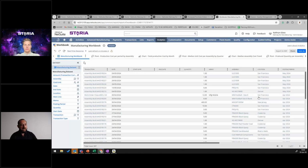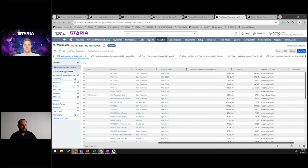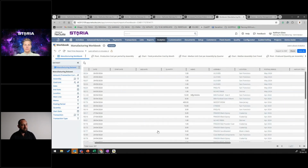This is basically the data set. So I'm looking at my different production transactions, and it's just a drag and drop. I can choose what fields I want to add into my data set, and then very much like in an Excel file, but with the difference being that this is real data from your ERP system. You can create all sorts of